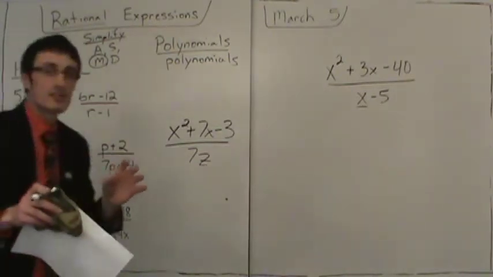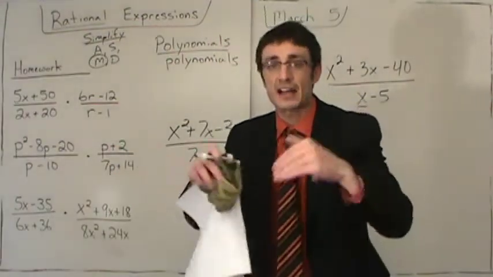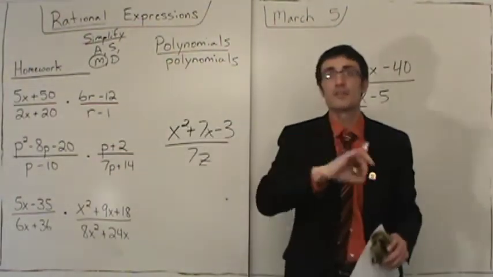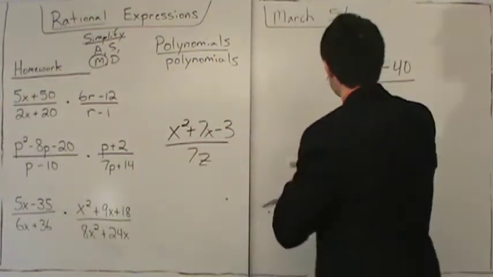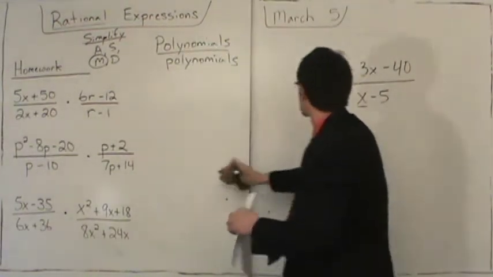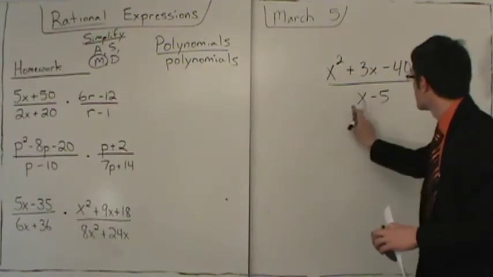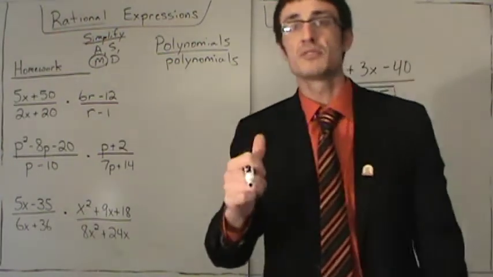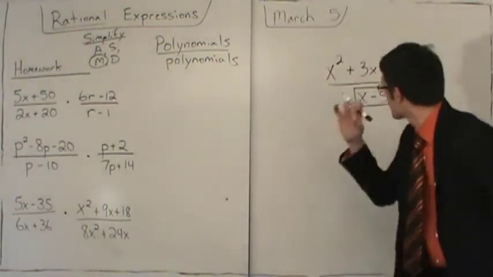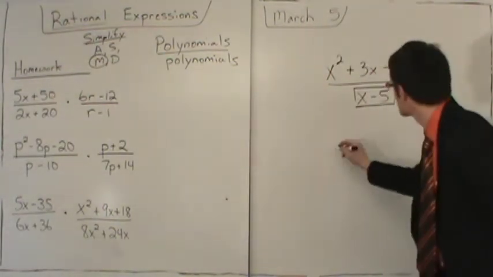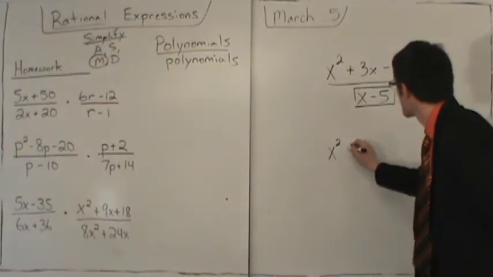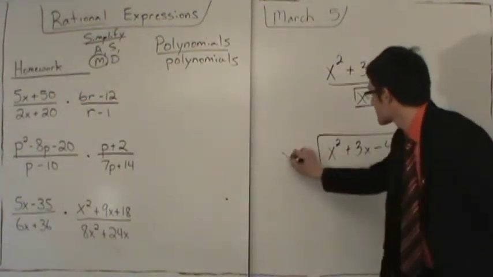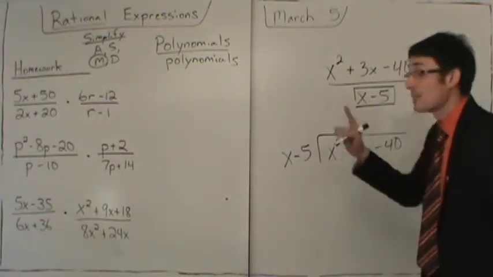Now, because you've factored in class, this lesson is going to be very, very simple if you know how to factor quickly. Now, looking at what we've already done with rational expressions, just a quick brief. When dividing by a binomial, remember when there's a binomial in the denominator, we use either long division or synthetic division. So in the past, you did this. x squared plus 3x minus 40 divided by x minus 5, just a quick review,